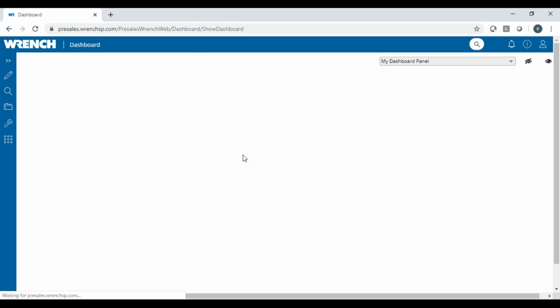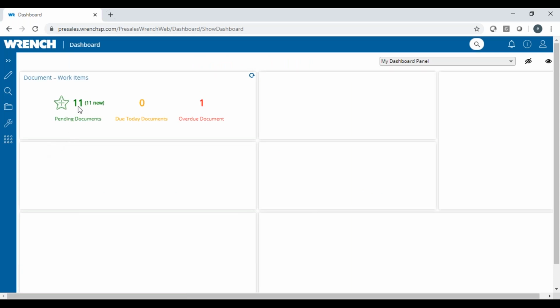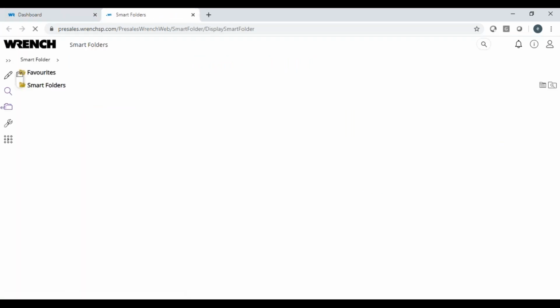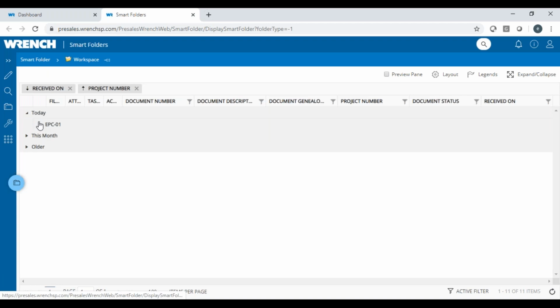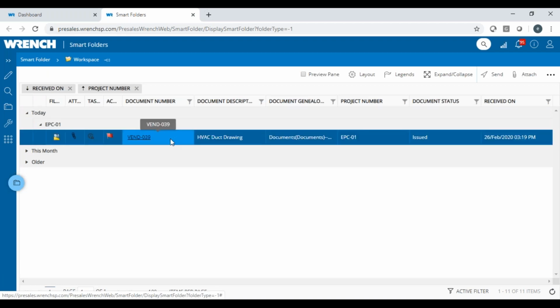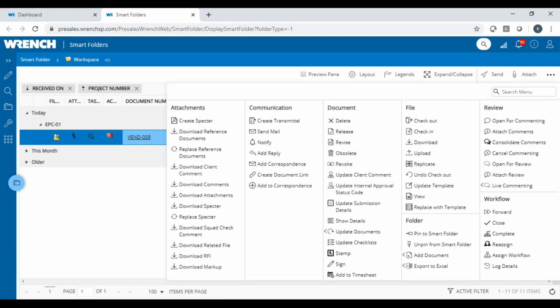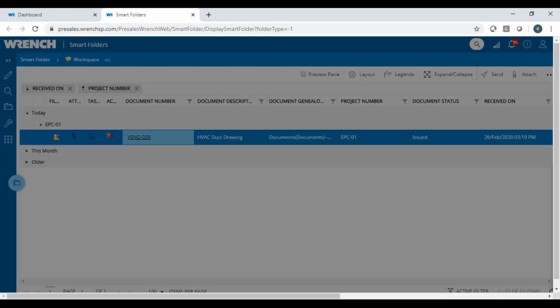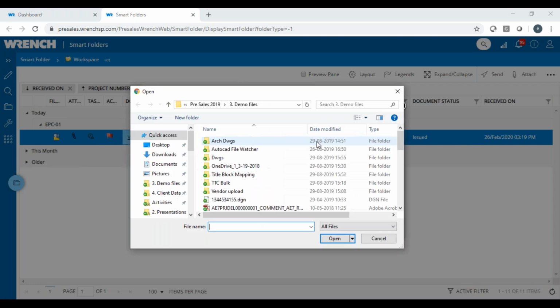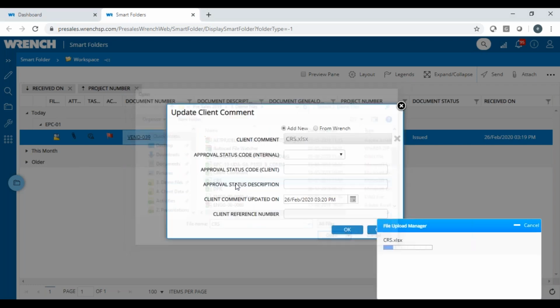So as I said, we are not only capturing the data, we are capturing the process. We are enforcing the process through the system and capturing what output is put, be it the drawing produced by the design consultant or the comment put by the reviewer. All of that is updated and captured on the system itself. So now, consider that